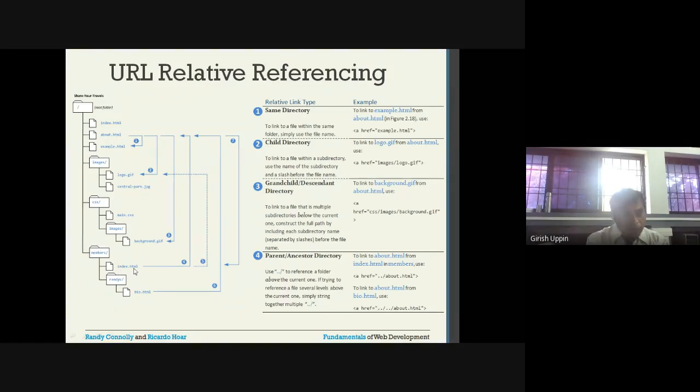So there is an index.html file which is inside the members folder, and from here I want to access about.html. How will I do it? From index.html I want to access this particular HTML, so I will use dots. What will the dots do? They will take me one level above. It is right now inside the members folder. It will go to this level, and when it comes to this level, that file is available here. So you will say ../about.html.